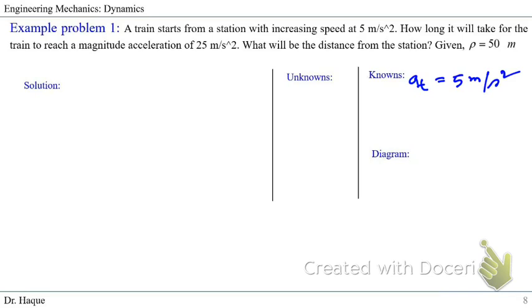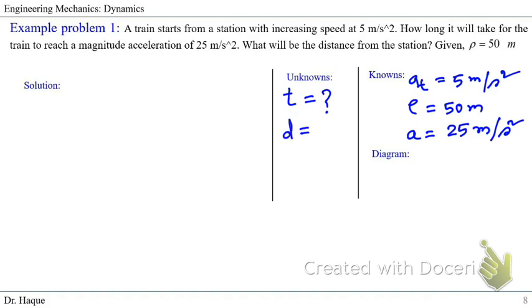The rho is given, radius of curvature 50 meters, and the acceleration magnitude it reaches is 25 meters per second square. And how long it takes, so what would be t, the time, and what will be the distance of the train